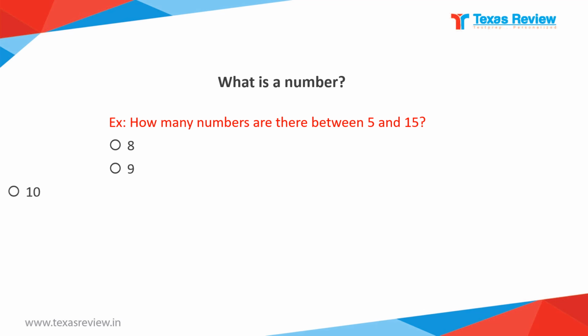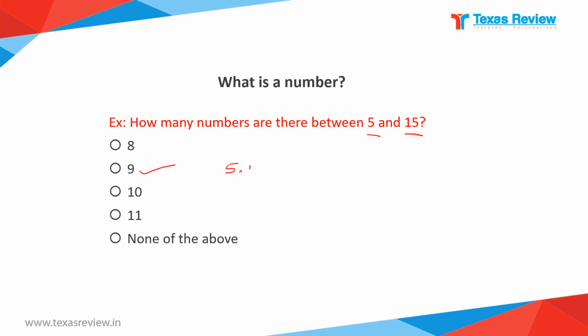So here the problem is: how many numbers are there between 5 and 15? The majority of the students solve this problem like this: when you need to calculate numbers between any two numbers, last number minus first number minus 1 will give you the number of numbers between any two numbers. So most of the students tend to answer it 9, but actually